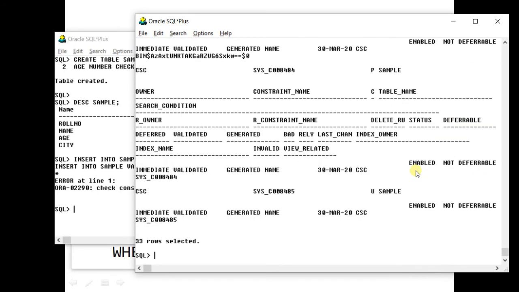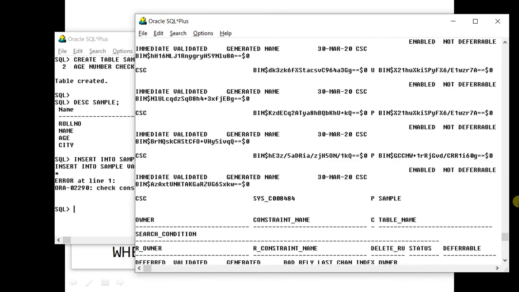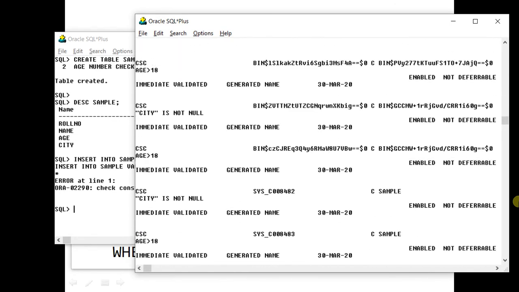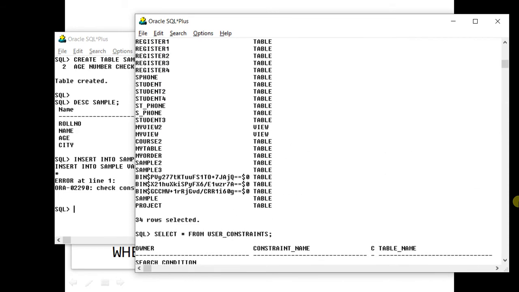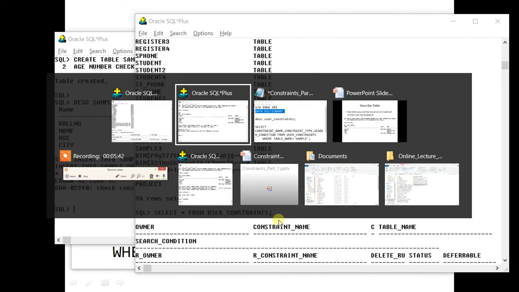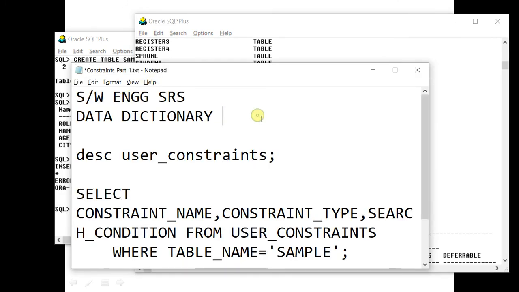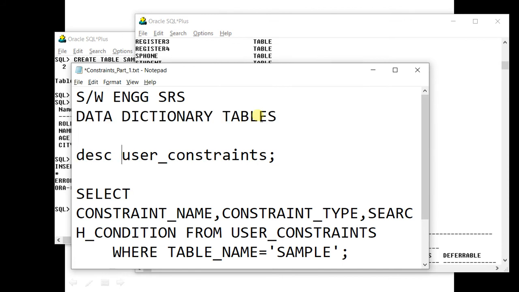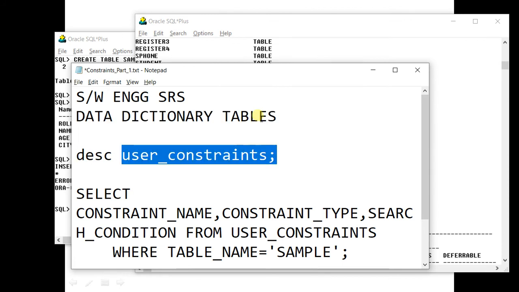You must be remembering that such tables which are not visible in the list but still you can select them are called data dictionary tables. So user underscore constraints is a data dictionary table. Please remember its name is user underscore constraints.